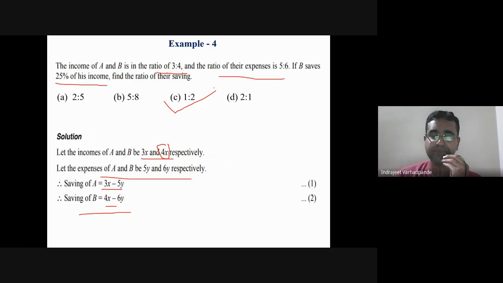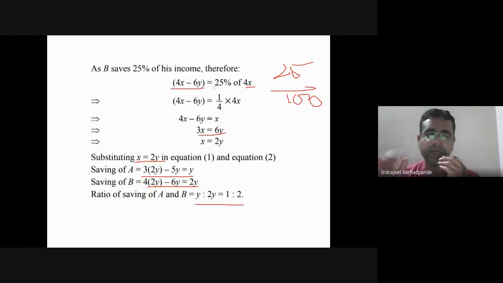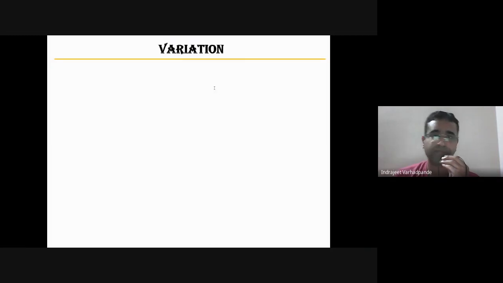I hope very simple. Whenever a word problem is given, try to convert it, reading word by word, sentence by sentence, into mathematical terms. It becomes very easy. As we are dealing with mathematics, it becomes very easy to deal with the mathematical terms. So reading the question and interpreting it in the mathematical language or a symbolic form will make it easier to take the quick decision or the steps to be followed.